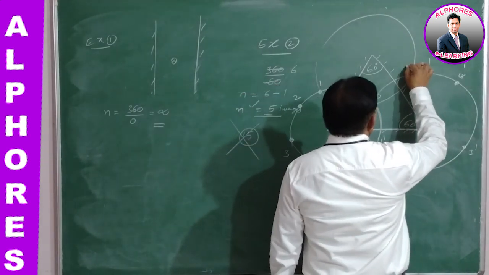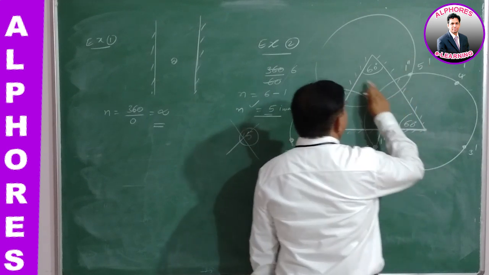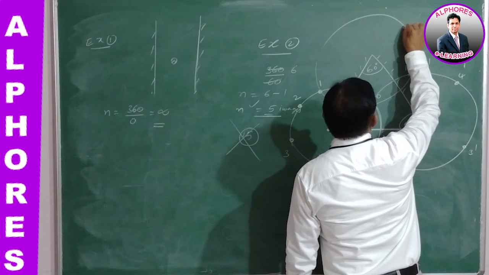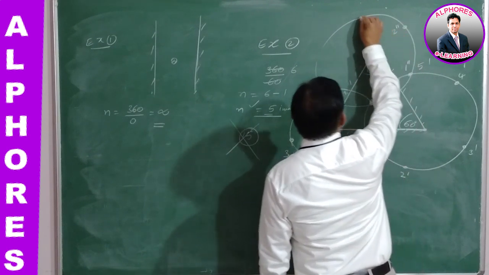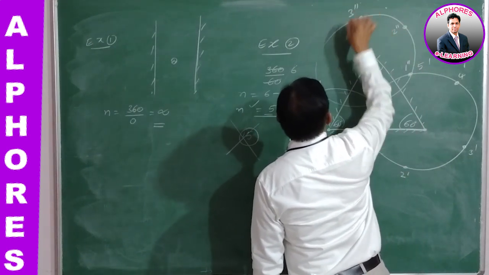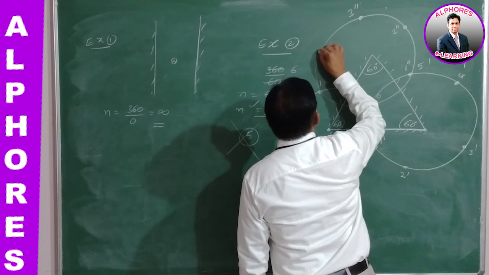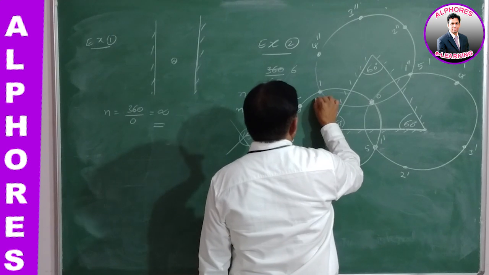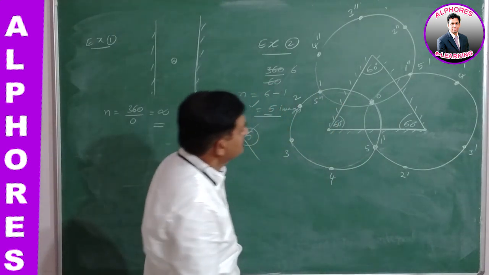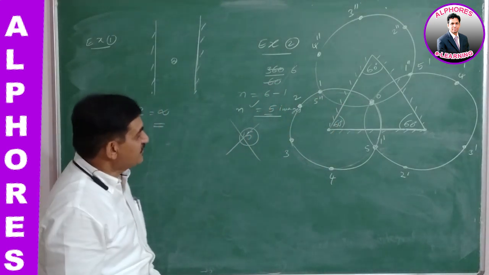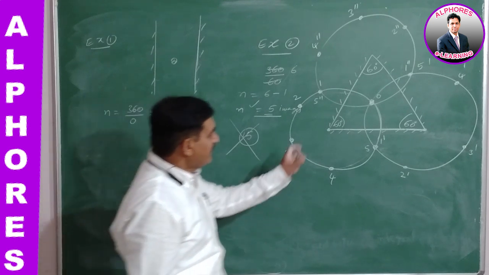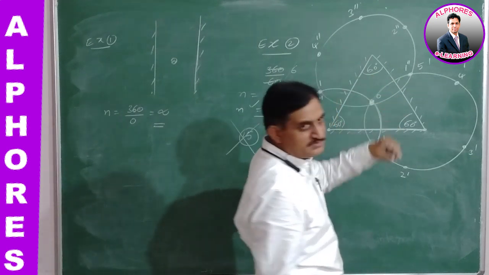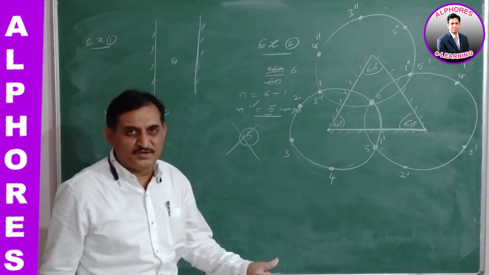Now this is 1 double dash. For this pair, this is also taken into account. This is 2 double dash, 3 double dash, 4 double dash, and this is 5 double dash. Once you observe, here 5 images are formed. Here it is giving 5 images. Nothing wrong, 5, 5, 5.